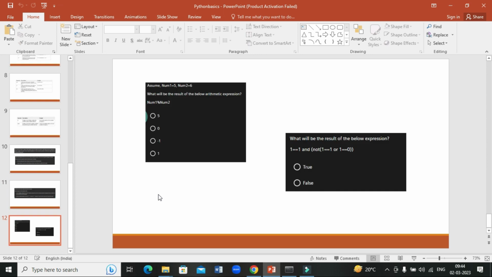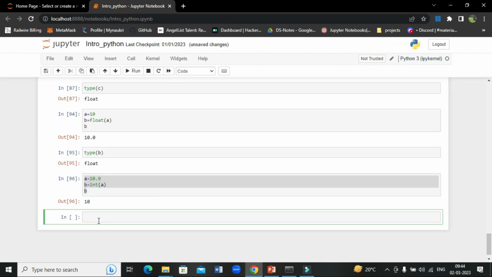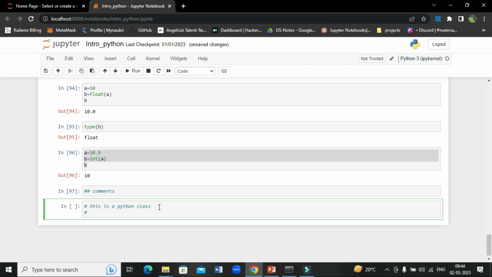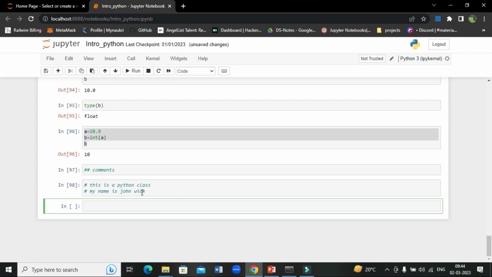Next is comments. There are two types of comments: one is single line comments and the other is multi-line comments. If I want to write something, like "this is a Python class", and I select the statement and put a comment, this is a single line comment. Now if I want to write something again, like "my name is John Wick", this is also a single line comment. But if I want to write it in multiple lines, then you can use triple